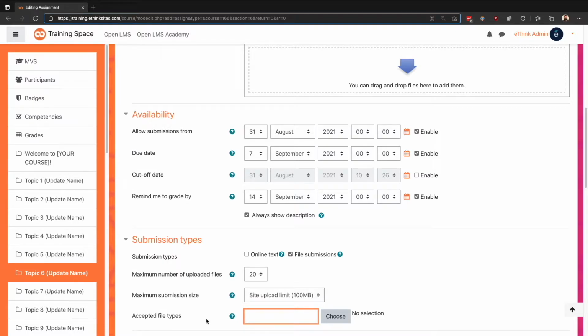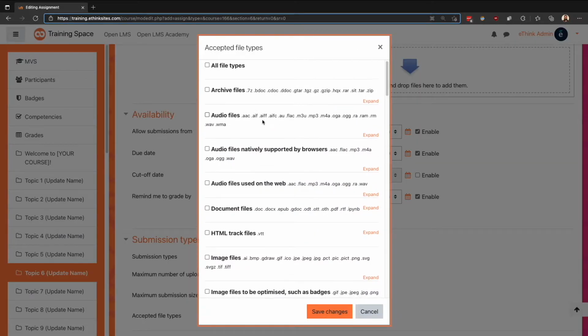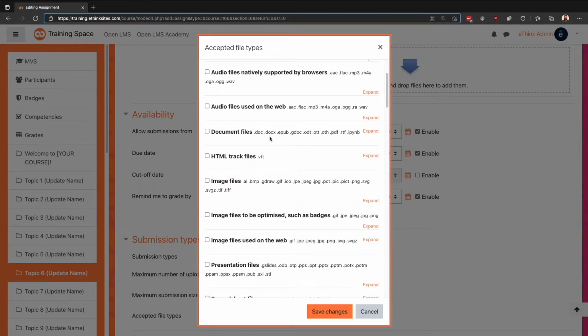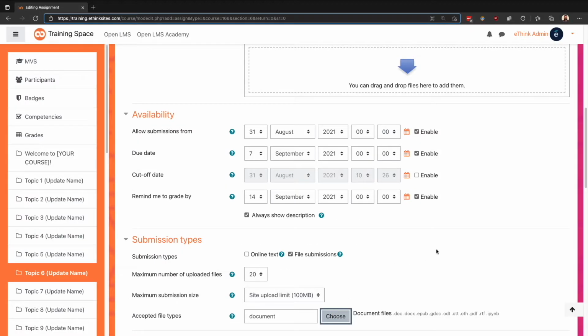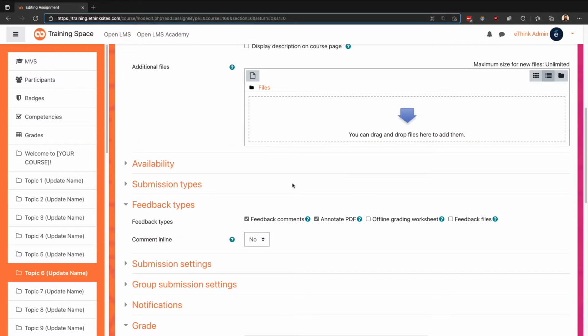You can either type a file extension in here, like .docx or .pdf. You can also click the Choose button and select a type of document. If this is a standard assignment, you probably just want to check the box next to Document Files, and then click Save Changes. The fourth section I would encourage you to review is the Feedback Types section, and this defines